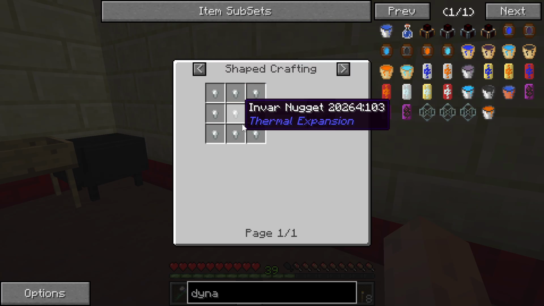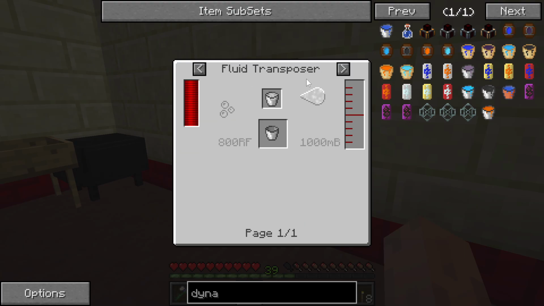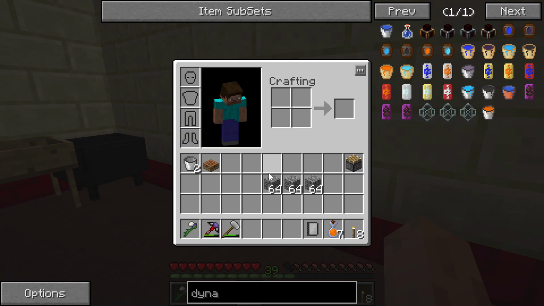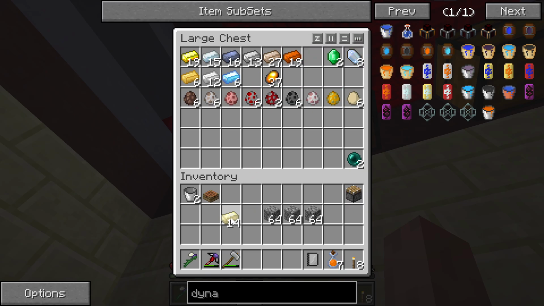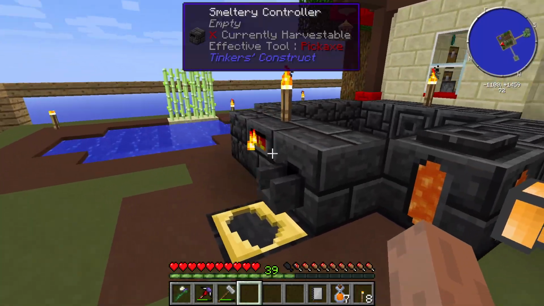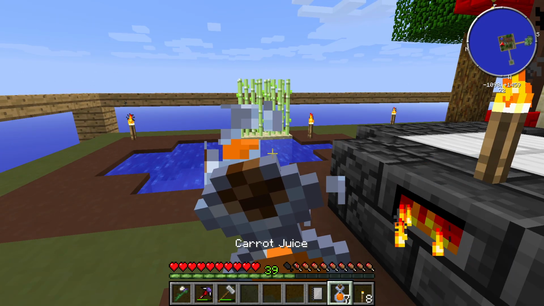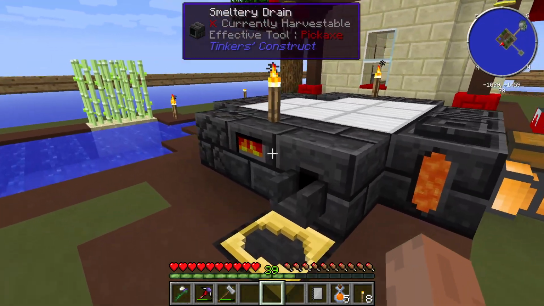Now invar, if I remember rightly, we can make in the ratio of two to one on nickel to make 3. So nickel, nickel, nickel, nickel, nickel. 1, 2, 3, 4. 1, 2, 3, 4, 5, 6, 7, 8. That's using up a lot of my resources, but that's fine because the objective here is to make this more efficient. So we'll cook up that. We'll cast those out, and